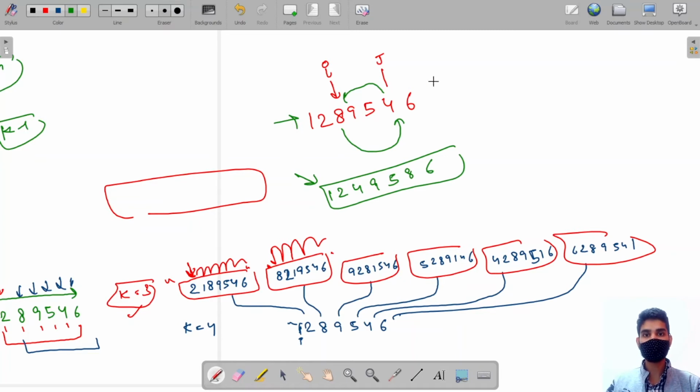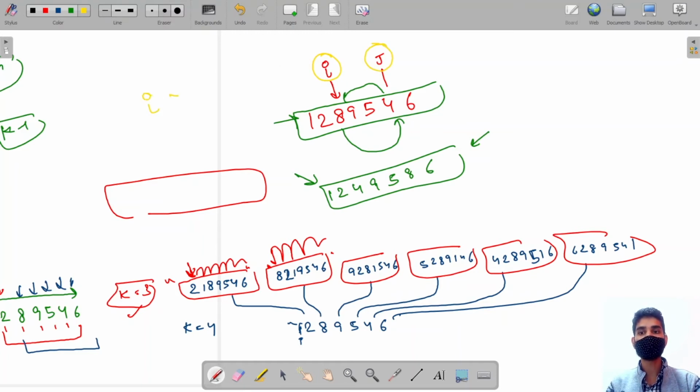I want the maximum string, and what I am doing is deriving a lesser string from myself. This string is lesser than. So because of this, what is happening? I am swapping the greater value with the lower value. If i is greater than j,